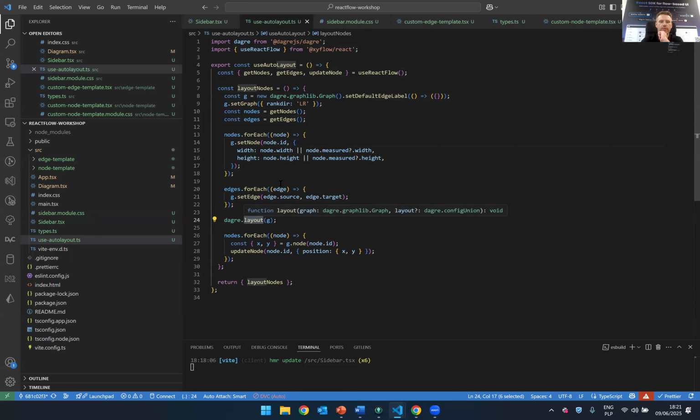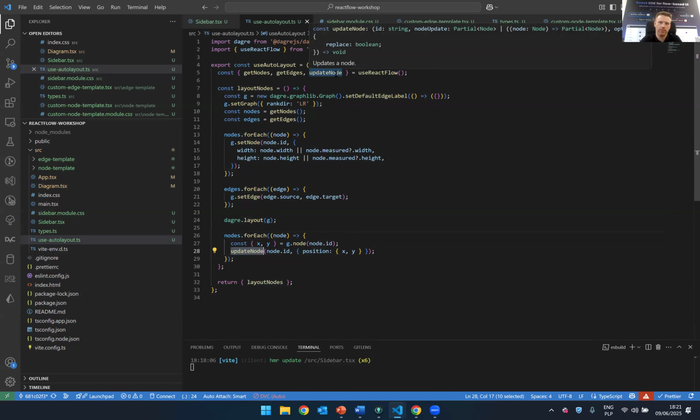So it assigns new positions to my objects and assigns new points to edges. And then I'm mapping once again from the Dagre format to the React Flow format. So for each node in my nodes collection, I'm getting it from the Dagre collection, and I'm assigning a new position to React Flow via the update node method. So this is the hook,